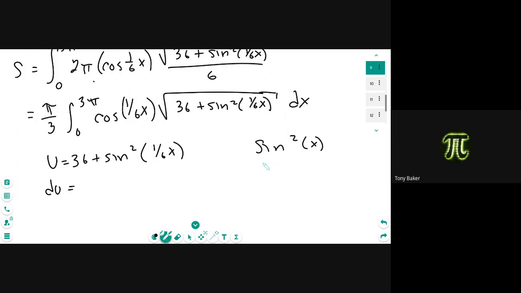If you did this, your du comes out to be 2 cosine x sine x, which I don't have over here. If you just do it wrong, it all works out nicely. But if I make u just sine of 1/6 x,